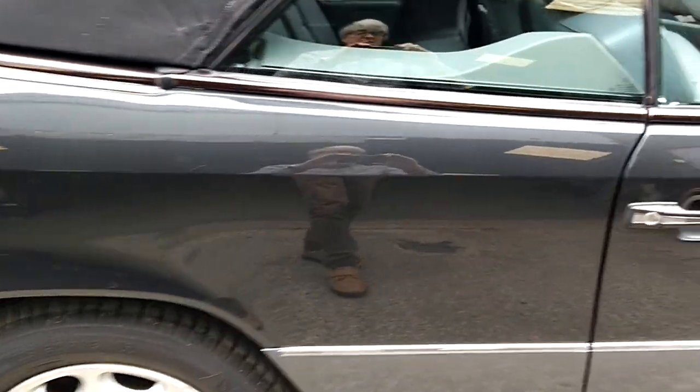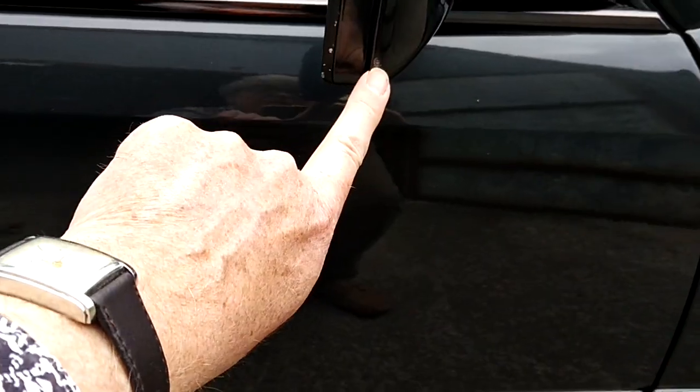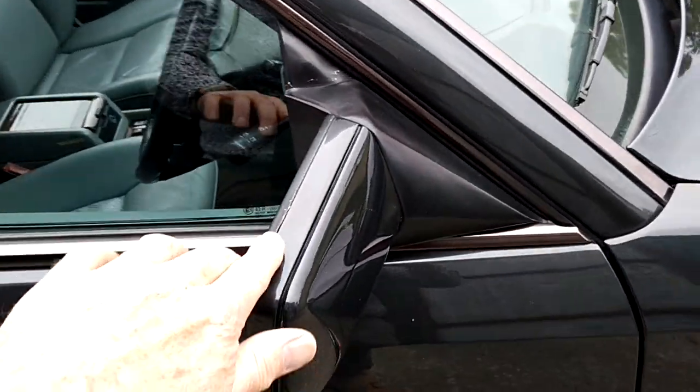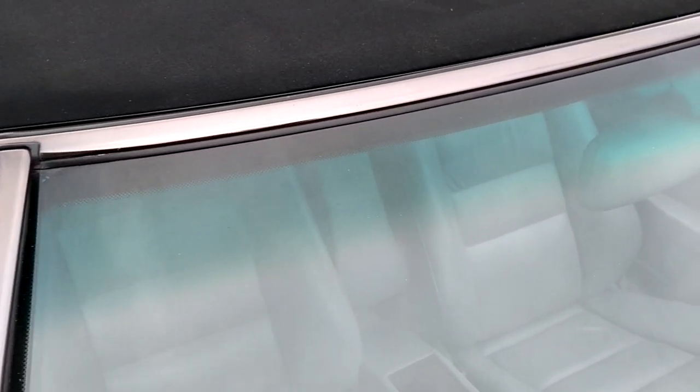Wheel arch again, lovely and clean. Very nice indeed. And then going round, paintwork, no issues on the rear quarter panel or the door. A tiny little scuff on the edge of the mirror there, just very, very small. One or two bits of polish left on there. Screen pillar, no chips whatsoever. Wiper arm, lovely. All the bright work, well, it's not bright work, it's bronze anodized aluminium around the